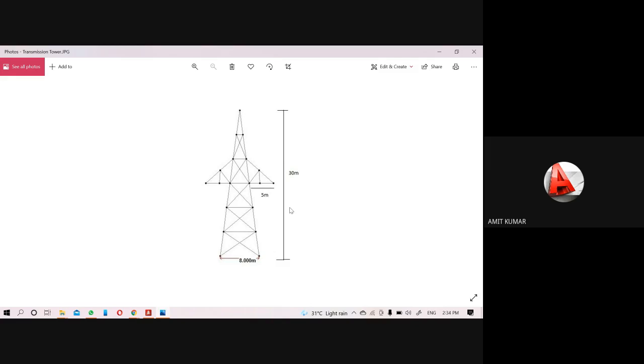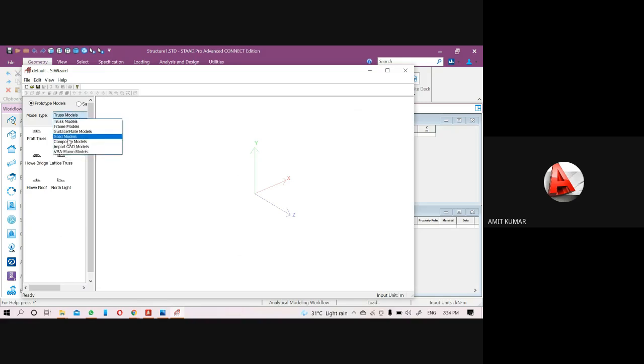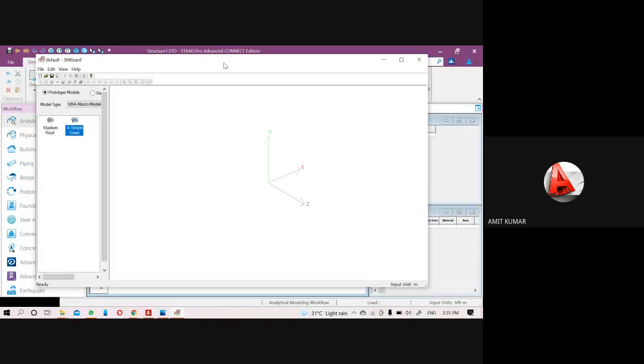On most systems we can't create the transmission tower through the structure wizard, because in a few systems the VB macros model will not work. Let me check. When I use a simple transmission tower, you can see here I am not able to see anything in the structure wizard.